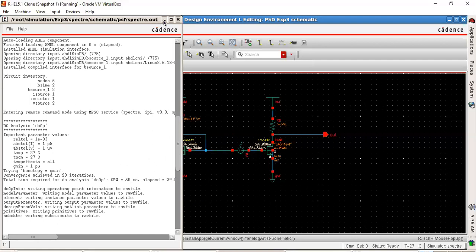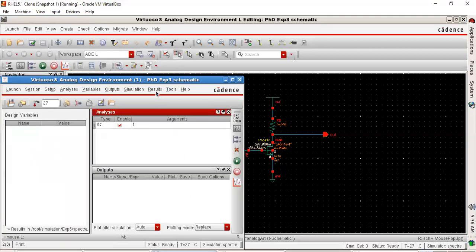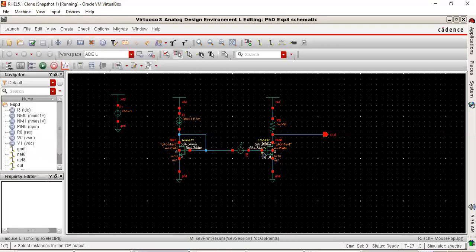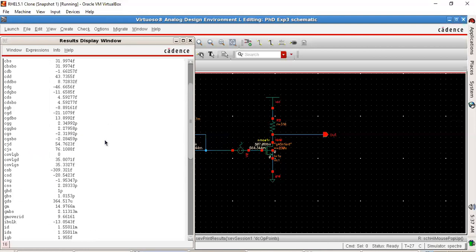So you can see, soon after the DC analysis, the operating point of the VGS voltage of these two transistors, since both are shorted, has the same voltage, and the same voltage is coming at this side, and the drain is taking another voltage depending on the gate voltage, which decides the current that will flow and the drain voltage is set there. Now to look at the transistor conditions, you can go to results, print, click DC operating point, and click this input transistor, which will list you the various operating points of the transistor.